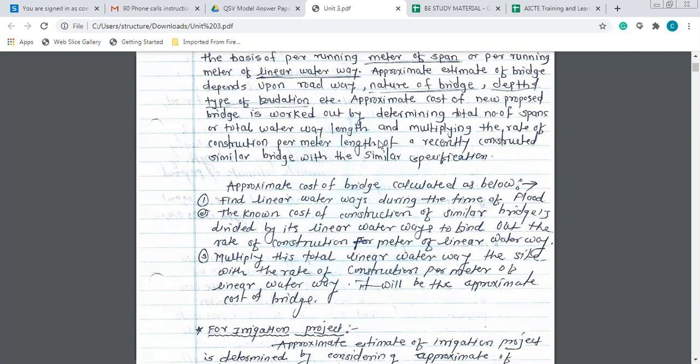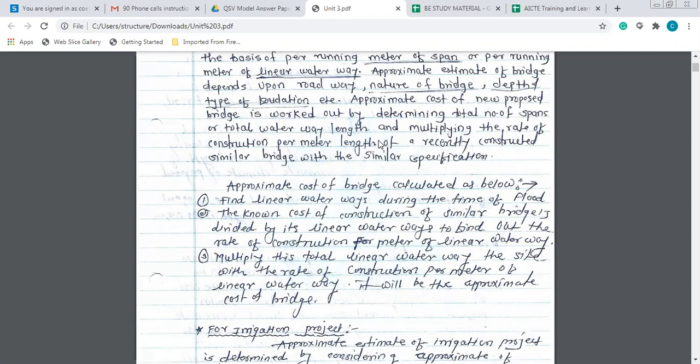If you are going to consider the size of the deck slab, have you gone through the sizes of the slab? The general size is around 3.5 by 4.5 meters. That is for road construction. And as far as bridges are concerned, you can go for 4 by 6 or 4 by 8. It depends on what kind of machinery and labor equipment you have. That is totally dependent.